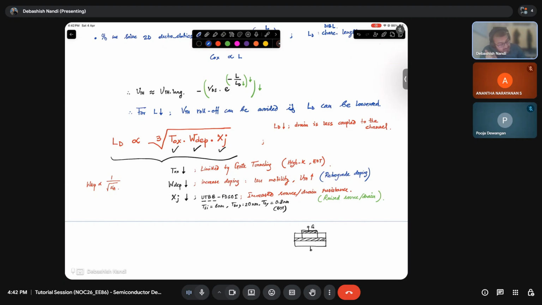So your source and drain are made raised like this, okay, so that your TSI remains the same, but your source and drain thickness increases and this resistance is not lowered. Fine. So these are one of the